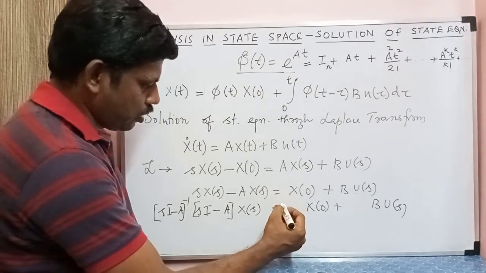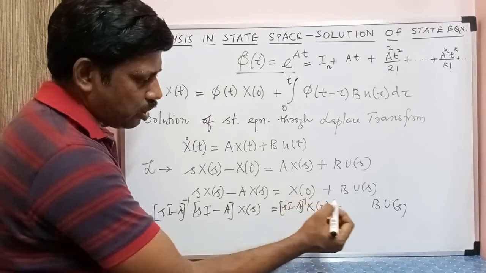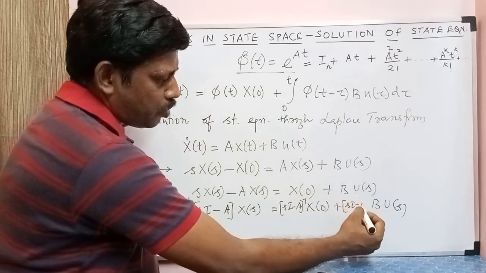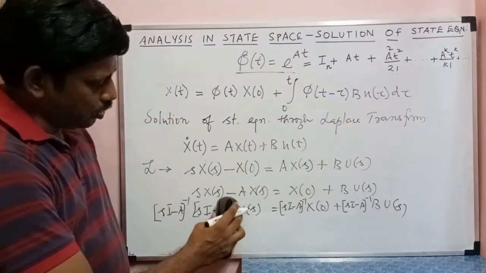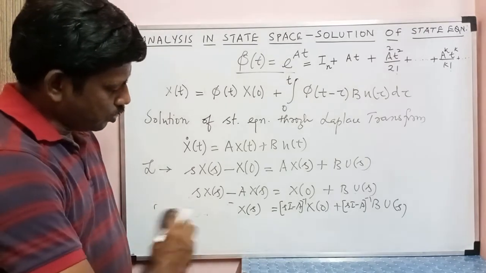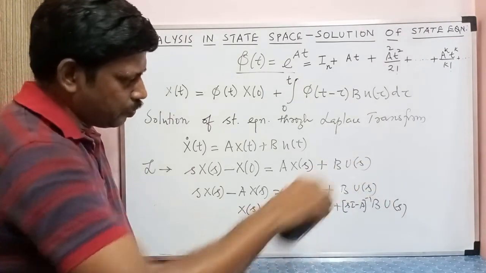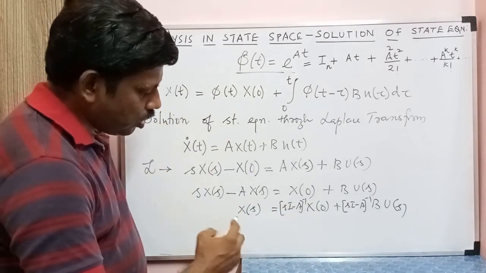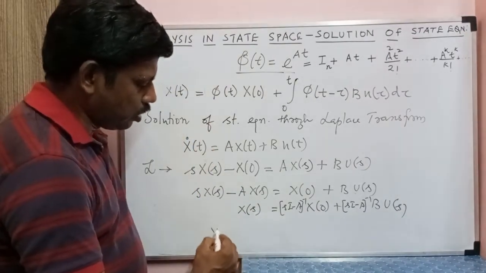If I multiply, I will get sI minus A inverse here, and also sI minus A inverse here. Okay, so therefore here inverse and this matrix will result in identity matrix. This is the expression for x of s. From x of s, if I want to get x of t